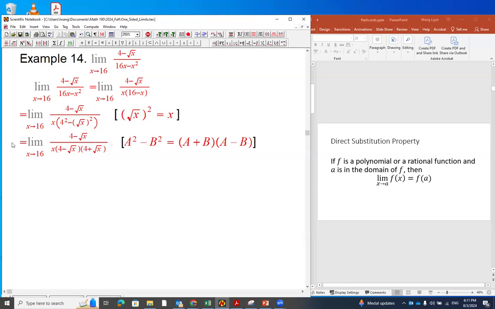After this factorization, 4 minus root x and 4 minus root x are not 0, so they will be reduced. Now we no longer have the issue of a 0 denominator, and we can apply limit law now, which is going to be equal to,